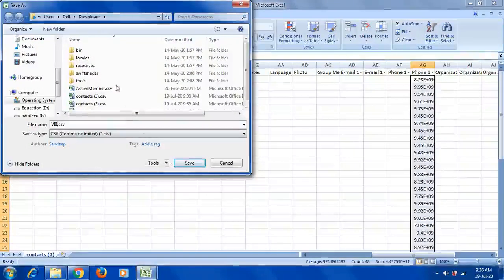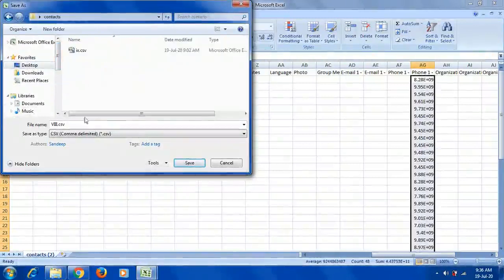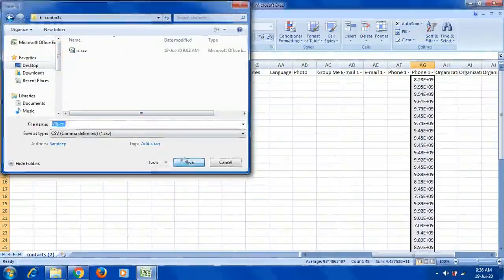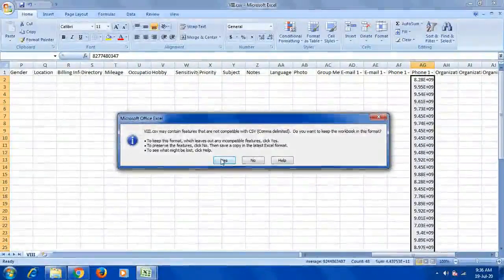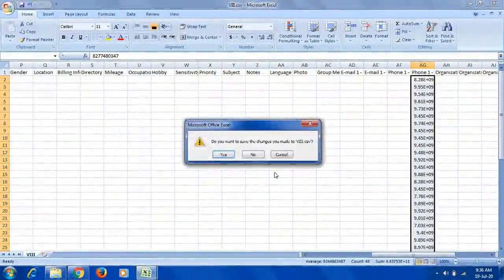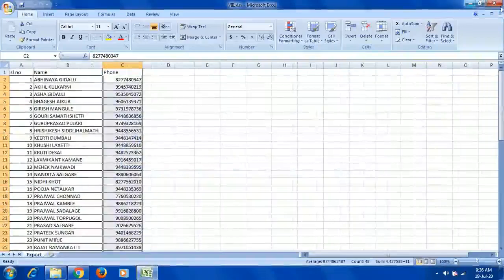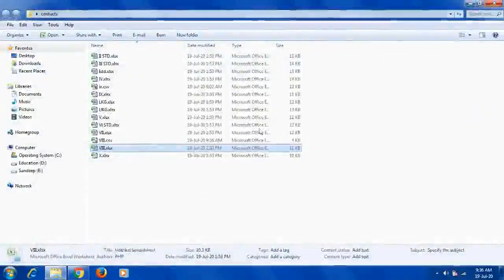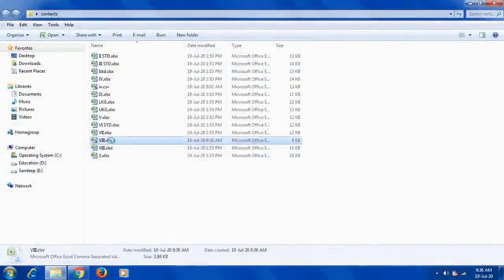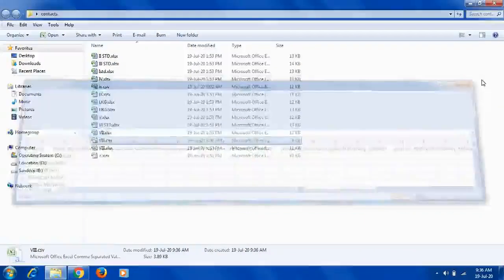8th.csv, and I am saving that file in my contacts folder that is there on the desktop. Then save. Okay, just click on the yes button. So now the file is saved in my location. Okay, so just click on yes. Now I will close this old file. Now see here, 8.csv, that file is saved in our system, and all the names and contact details are there.